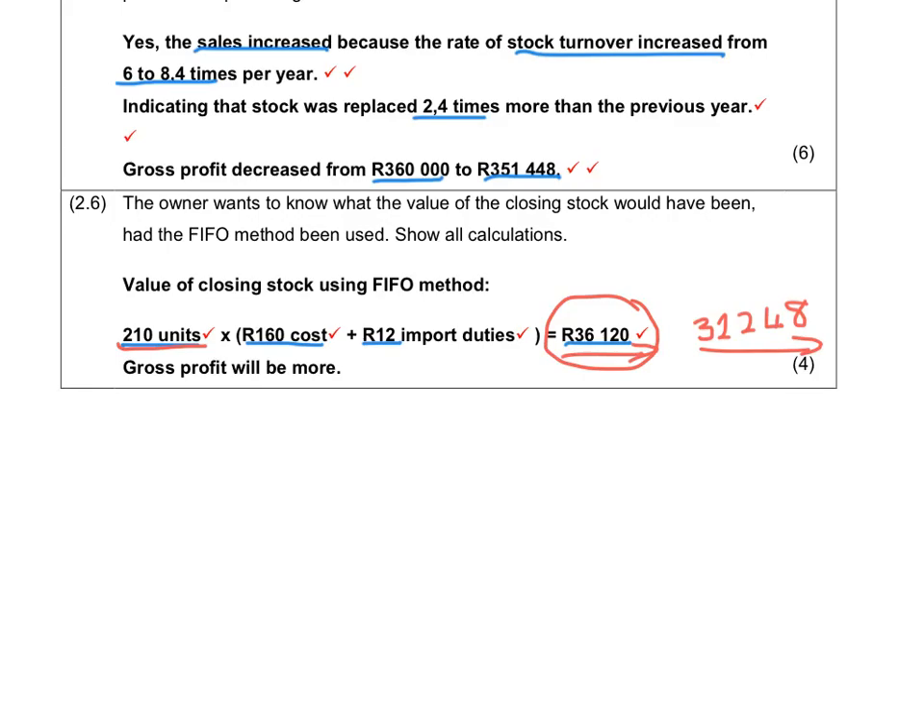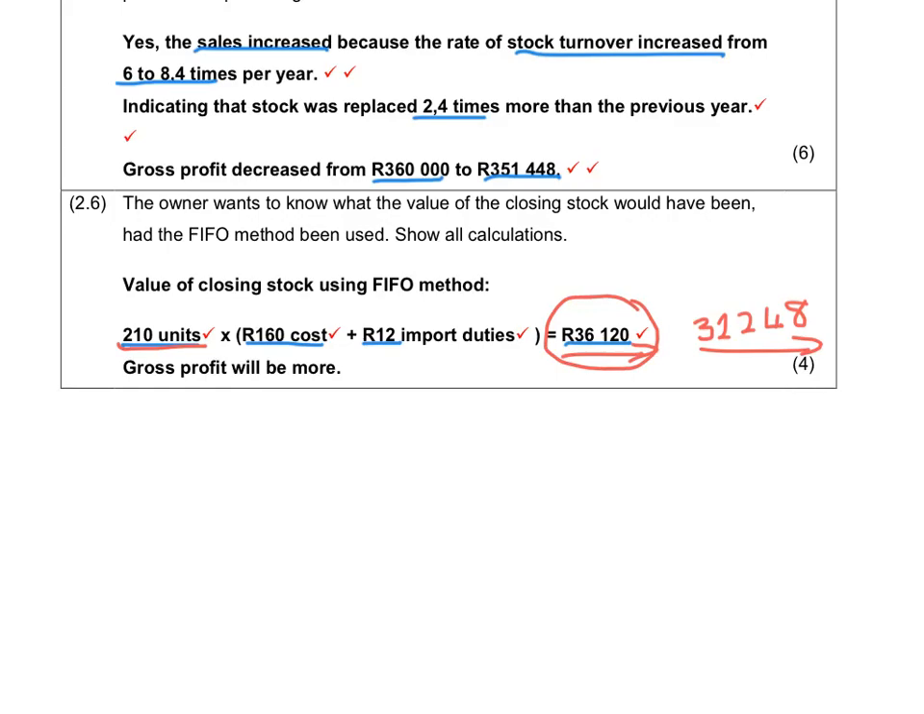The first in, first out method is more reliable in the sense that if I want to replace this inventory now, this will be my price that I will pay, 36,120 for 210 units. And the weighted average, you will not get it at that price. What is the advantage if you use the first in, first out? The